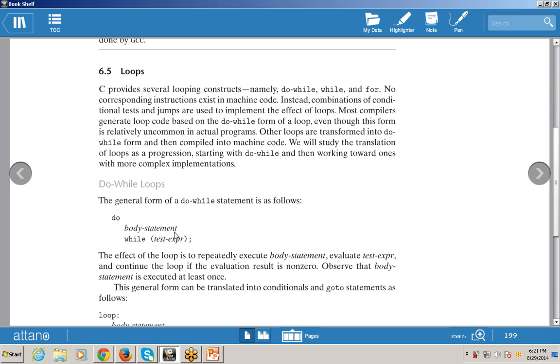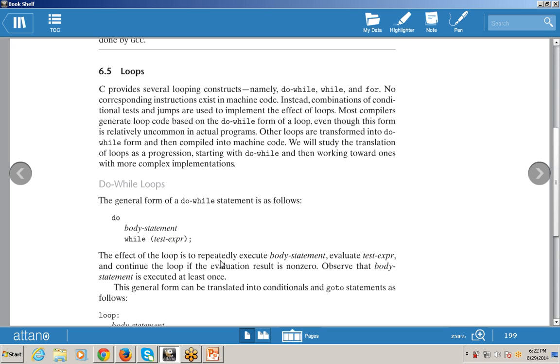So do while will execute at least one time because the condition is checked at the end of the program. Before that there is one statement, so it will be executed at least once. So this is the main syntax, or the main condition, that it will execute at least once, and it is the exit control loop because the condition is checked at the time of exit of a program.